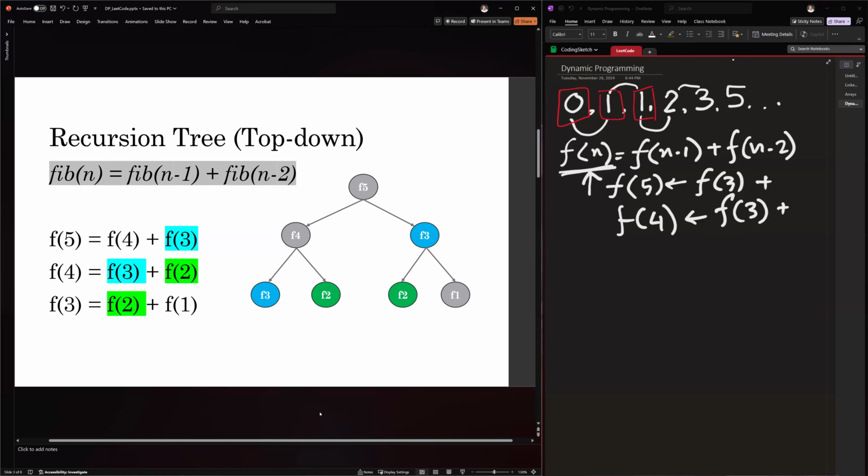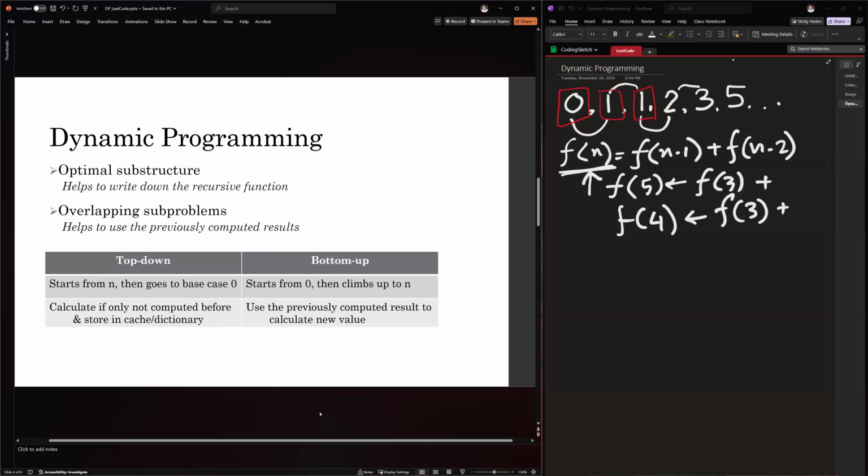So if you go to dynamic programming, it's similar to recursion, but there are two key concepts in dynamic programming. First, it needs to have some sort of optimal substructure. That means you would be able to write this function using some sort of recursive function, right? For dynamic programming, if you can't write something like this, fn minus 1